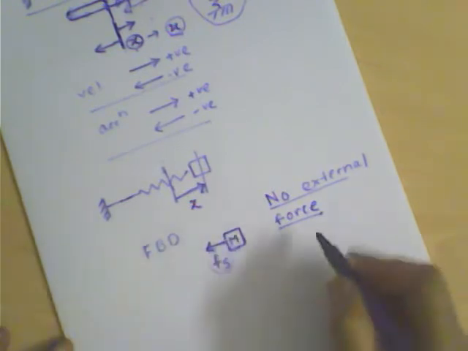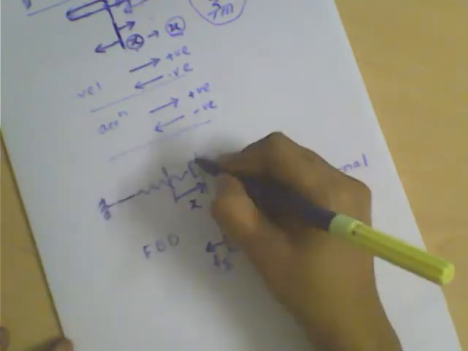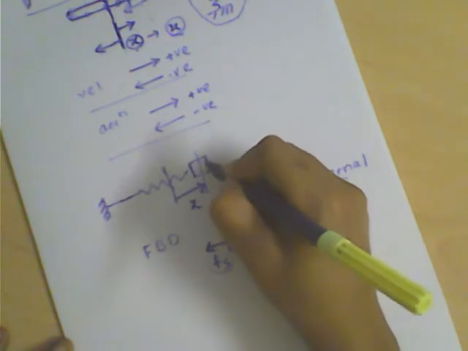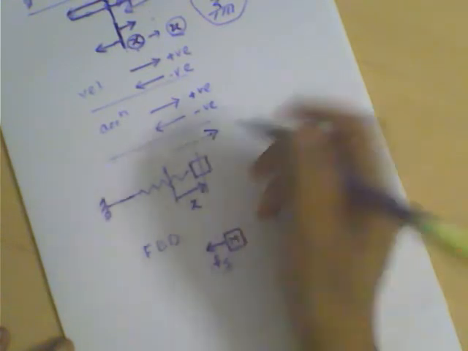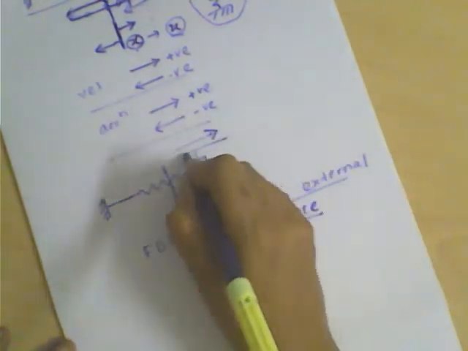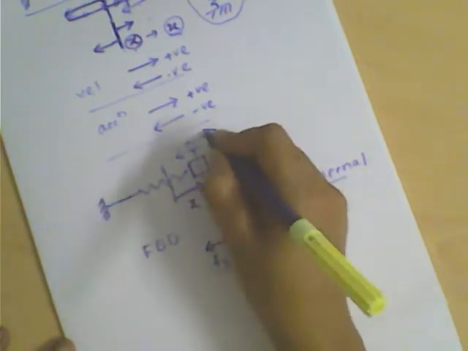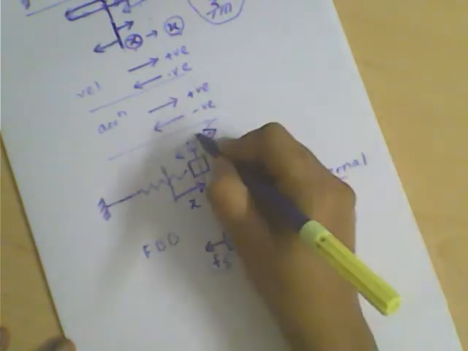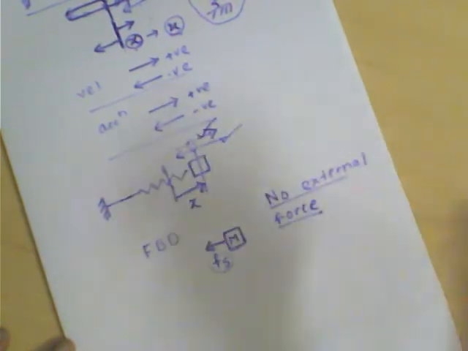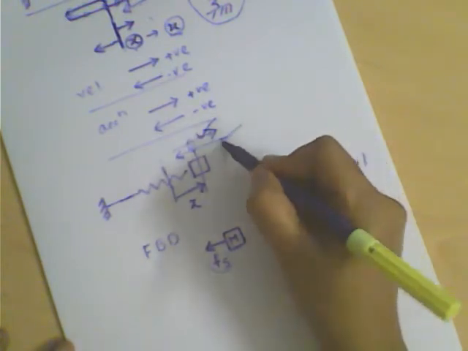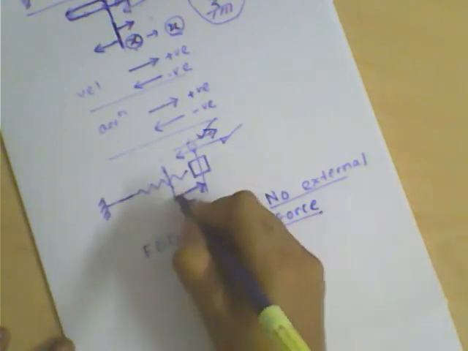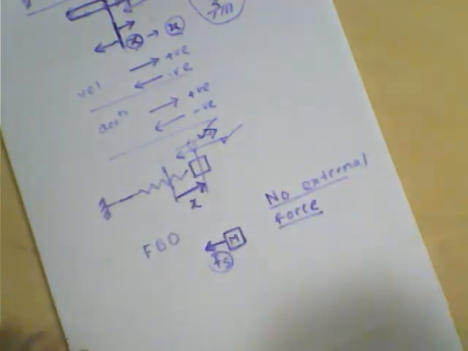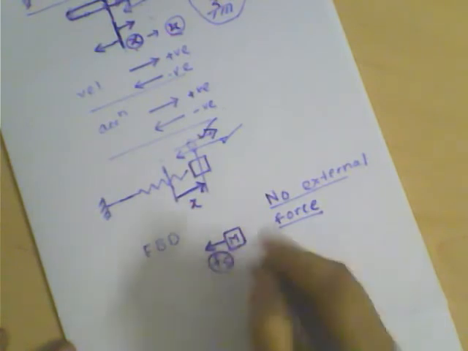Now it is very important for you to know that, as I already have said, the mass can occupy this position when it is going from the mean position towards the extremity, and at the same time when it is coming from the extremity towards the mean position. It can be there at that position either during this journey or while carrying out this journey. In both these cases, the spring force is always going to act in this direction because x is this way. But as of now, let's try to keep it away.